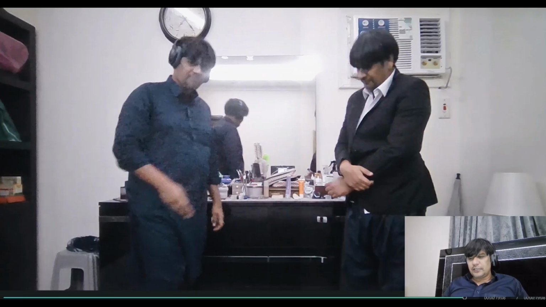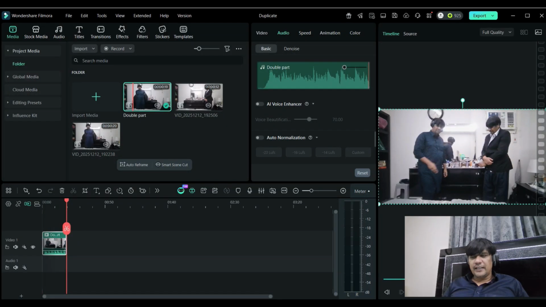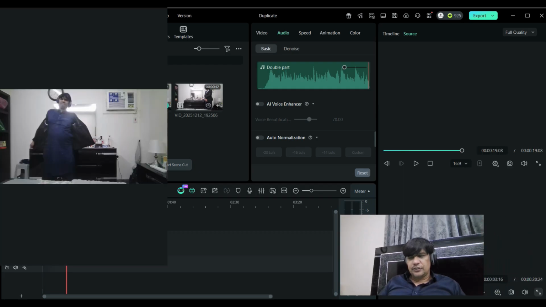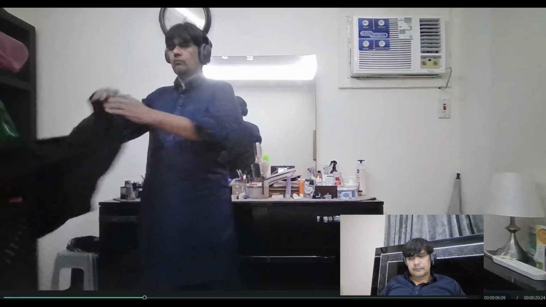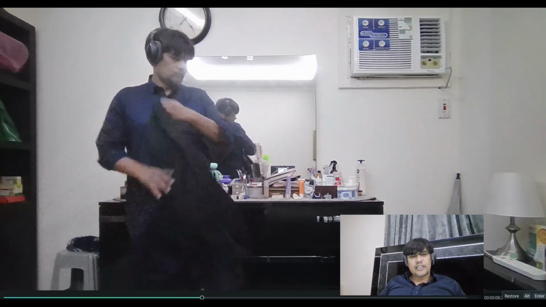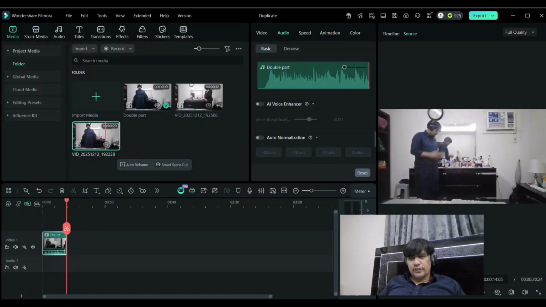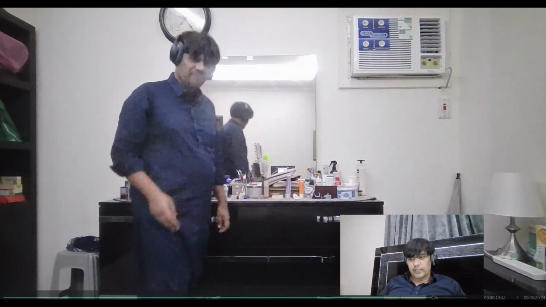So guys, you see, you check, I throw the cloth and the clone appeared. So now what we have to do, first we need two shots. The first shot will be like this. You can see now, I am just throwing my coat, okay, and I am shocked like somebody appears here. So this will be the first one, okay.